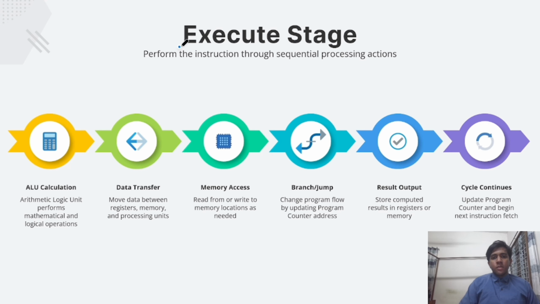After the decoding stage comes the execution stage. In this stage, the actual operation is executed. The ALU carries out mathematical and logical operations. The CPU may also move data between registers, access memory, or change the program flow using branch instructions. After the execution, the result is stored, and the CPU is prepared for the next